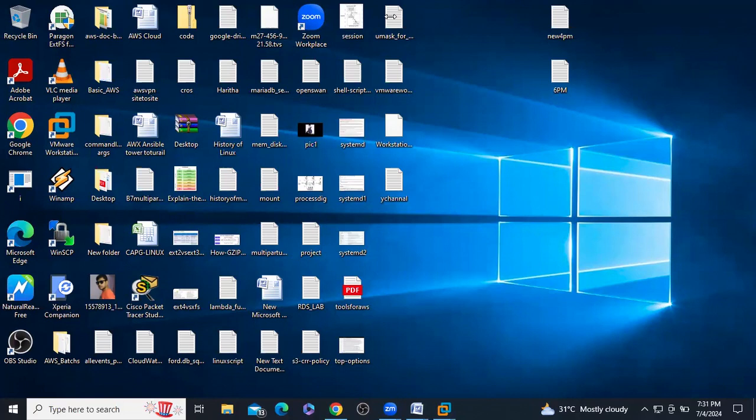Suppose I create one user, you create one user, then what will happen? Tell me. The user will be created, that's it. We are not going to get a password; we need to assign it manually. By default, you are not going to get any password for a user. Suppose you created one user, only the user will be created, that's it. It doesn't have any password. We need to assign one, even for the root user also. While installing the operating system, we provide the root user's password manually. It is not going to get any default password.